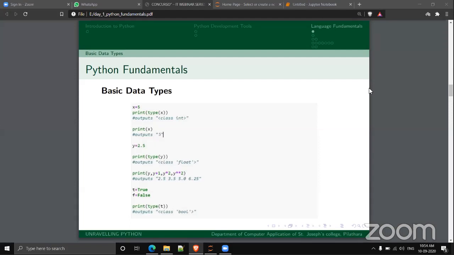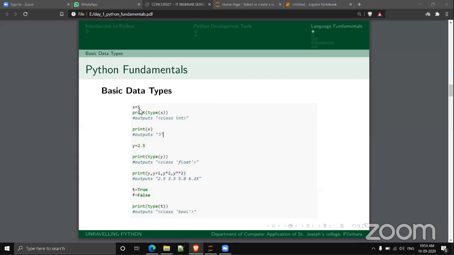As you can see here, X is a variable, and 5 is a value or a constant we are using in our program. The statement X is equal to 5 means we are assigning a constant value 5 to a variable X.